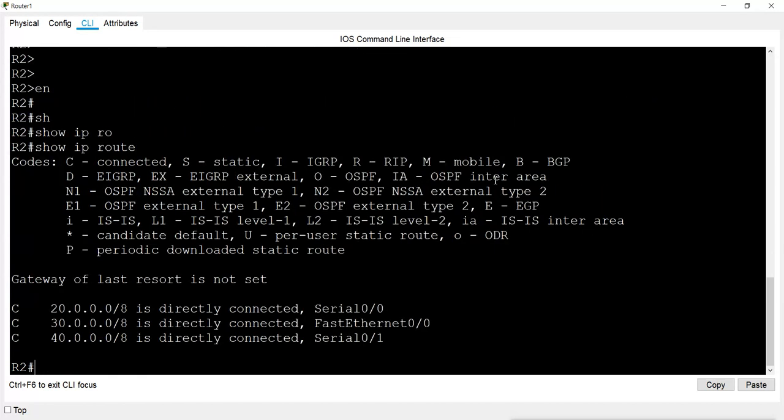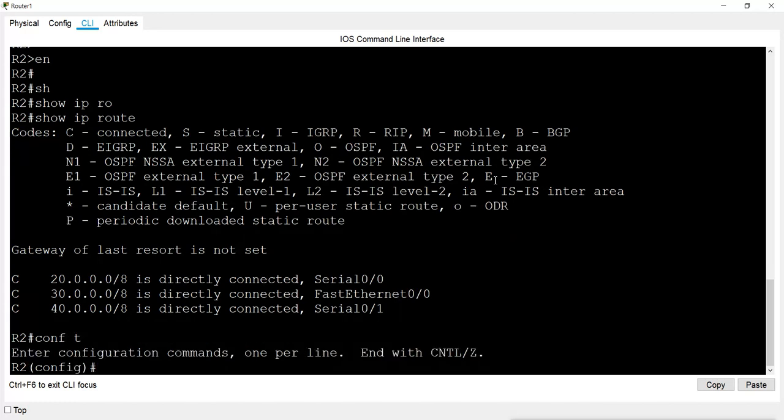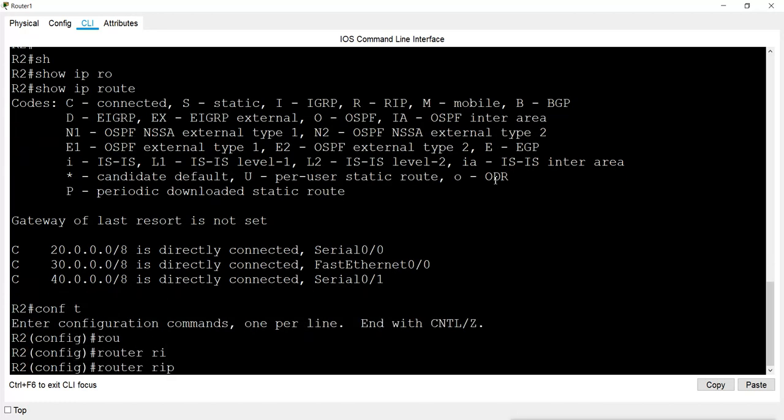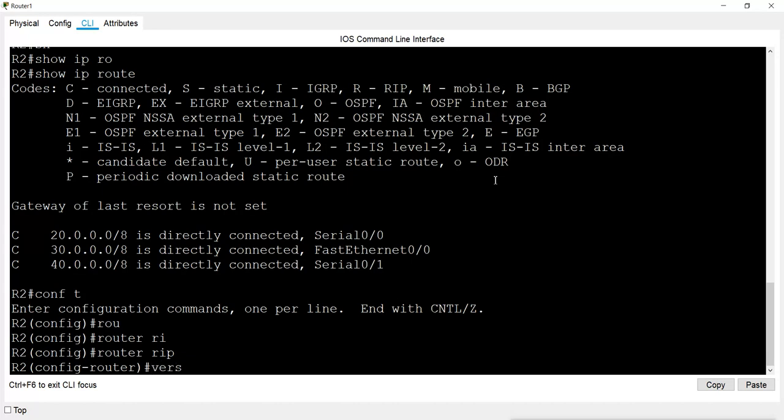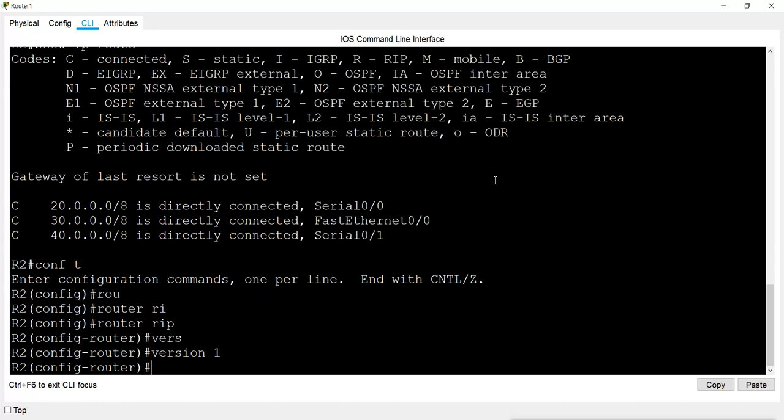Now in this router, we can see that 3 networks are connected, 20, 30 and 40. Now the other networks are not connected here. But what we have to do here, when we use a dynamic routing protocol, is we just have to mention the connected networks. We don't have to mention any other network. So I will go to config mode, router RIP. We can decide the version first, version 1 or version 2. Then